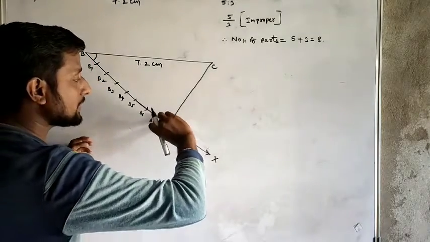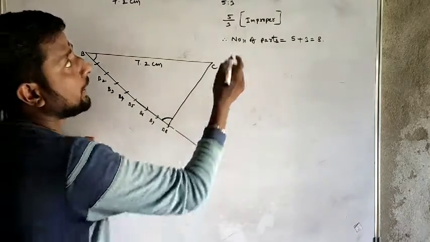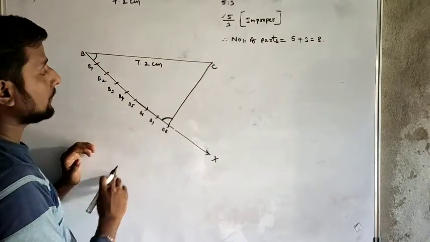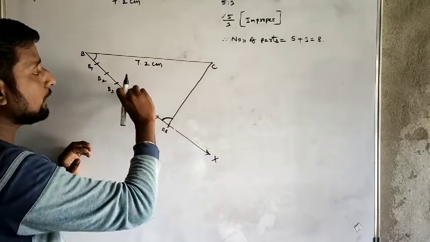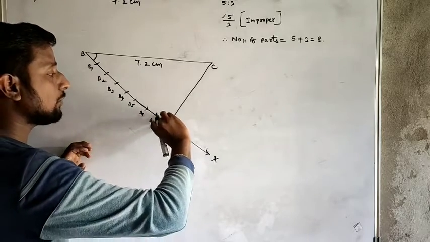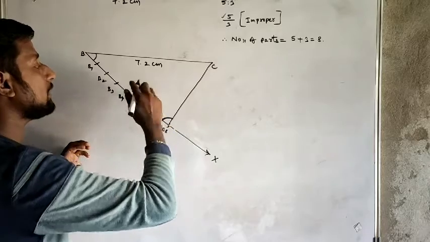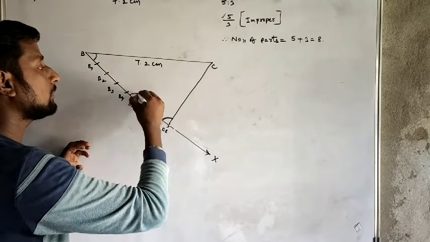With the same radius you made an arc. Am I right? Now the upper number is 5. Now with the 5, at 5 also, with the same radius. With what radius did you do it here? With the same radius you have to make an arc.